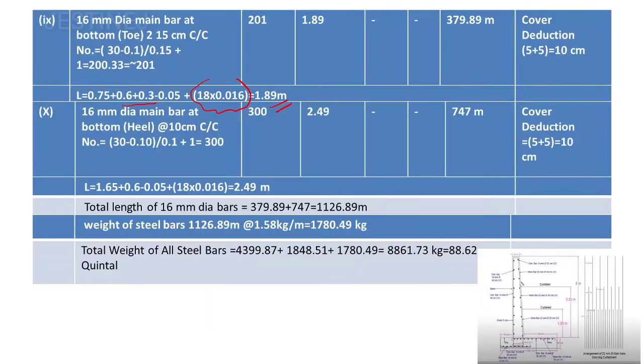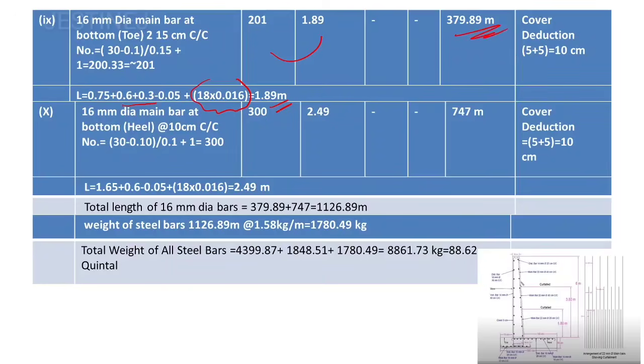So here you will get 1.89 meter, and you can reduce this value, 30 minus 0.1 divided by 0.15, that is the center to center spacing, you will get 201, and if you multiply 201 with this 1.89, you will get